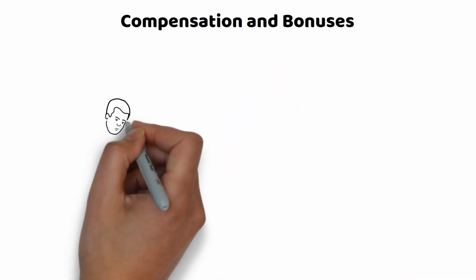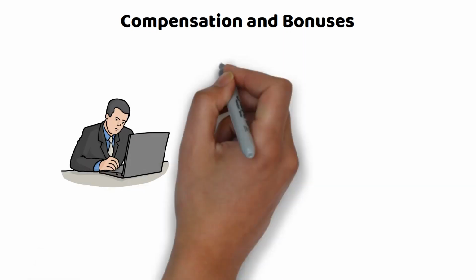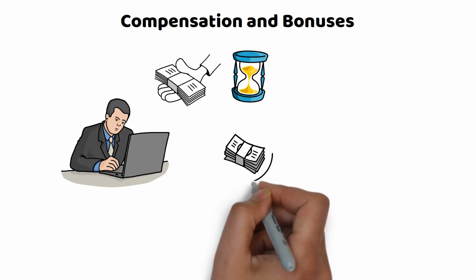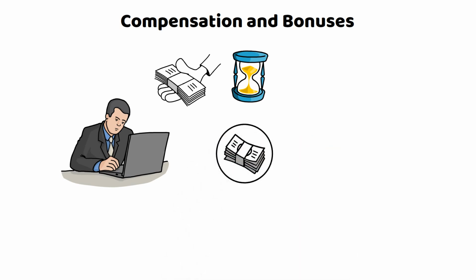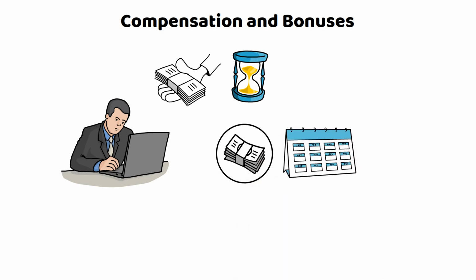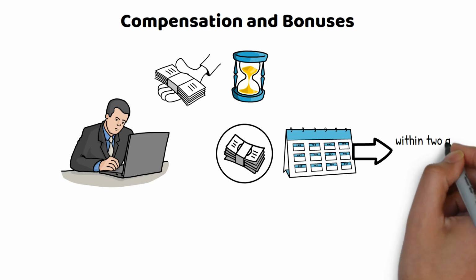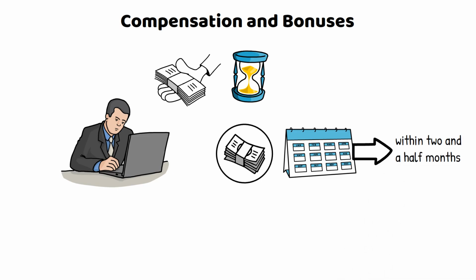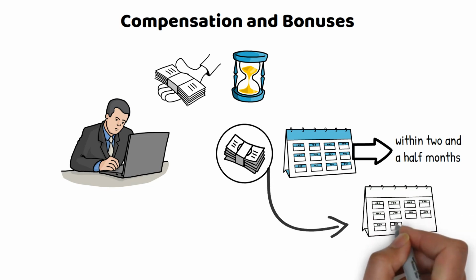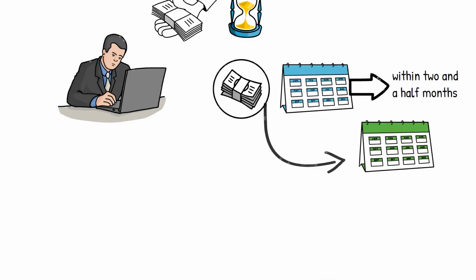Compensation and bonuses. Imagine John working at a firm. He gets his regular wages, likely paid hourly, and a fixed salary, perhaps on a monthly basis. Now, if John gets a bonus, that's additional compensation, but here's the interesting part. If his bonus is paid after the end of the year, but within 2.5 months, it might not be counted in his income for the year it was earned. Instead, it could be part of his income for the following year.